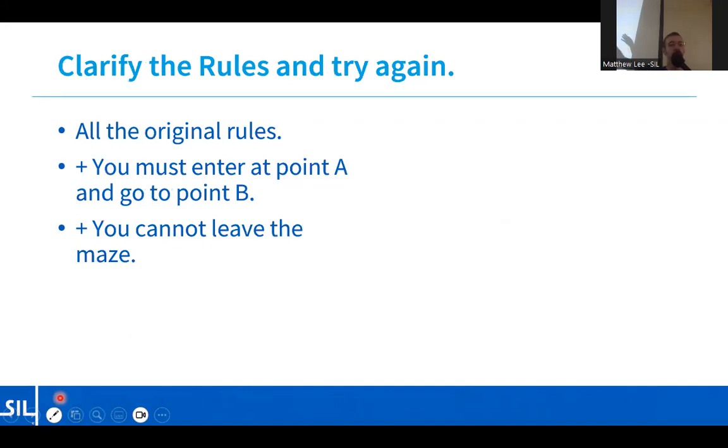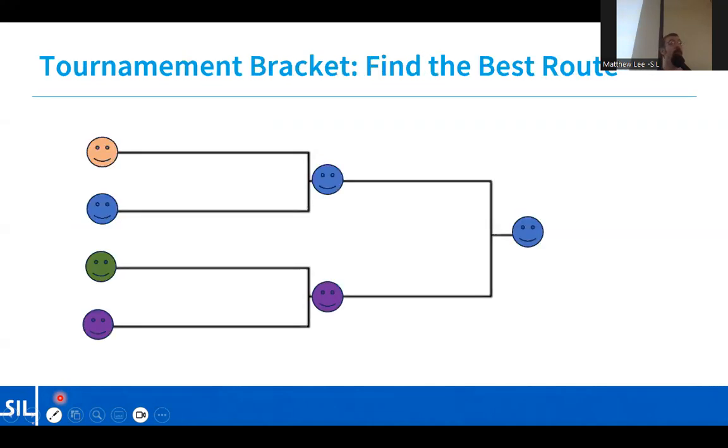So all of the original rules, plus you must enter at point A and go to point B, and you cannot leave the maze. Okay? So then we're going to have it run a whole bunch of routines over and over and over again, and it's going to try to find the most efficient path to get through the maze. And eventually you're going to end up with one that is the best,